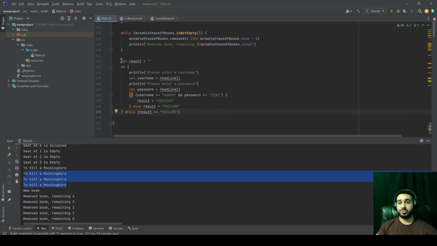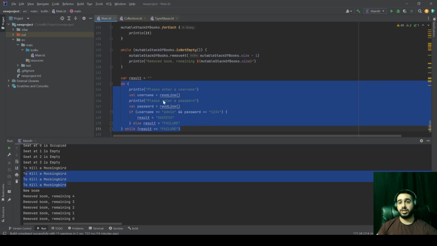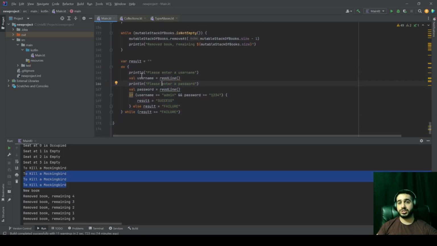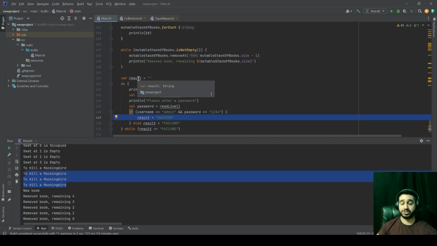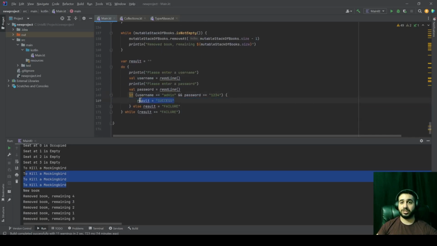So in this block of code, I'm assigning a result to be initially empty before I execute this code, and I'm performing a loop. I'm telling the user, please enter a username. I'm reading that username. I'm prompting the user for a password. I'm reading the password from the input window. And I'm checking if the user entered a username equal to admin and a password equal to 1234, I would write result equals success. I would change the value of result, in this case, to success. Okay, and if this is met,